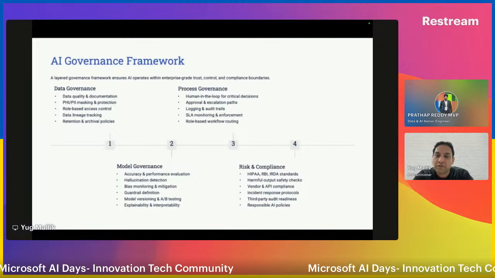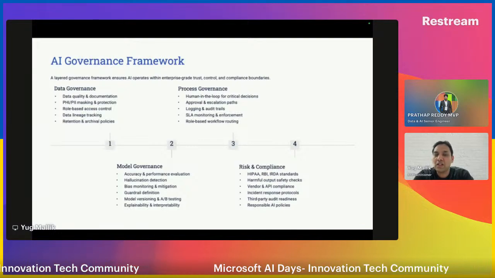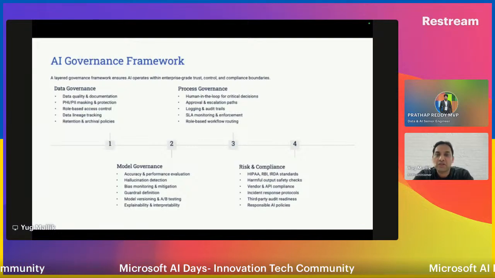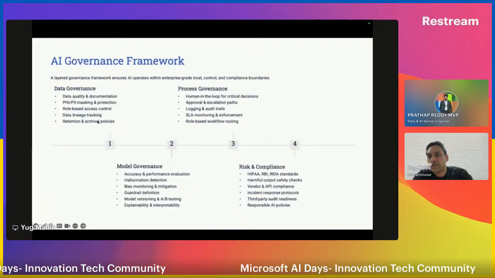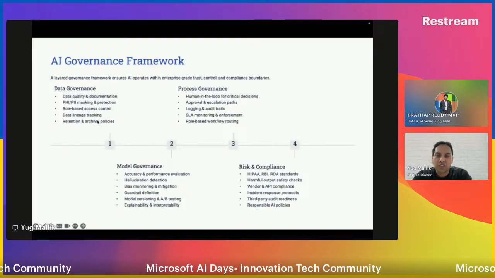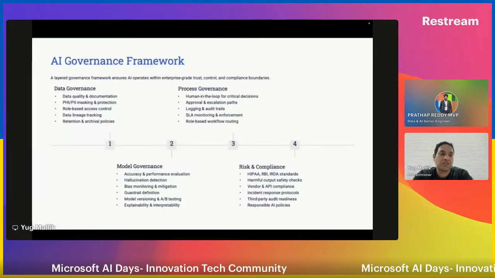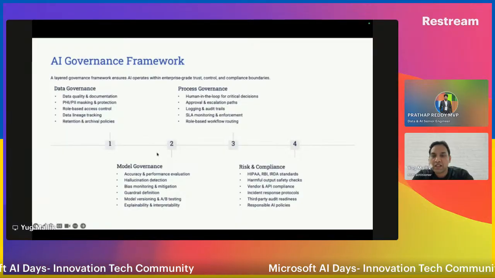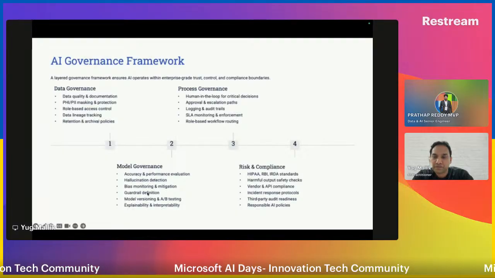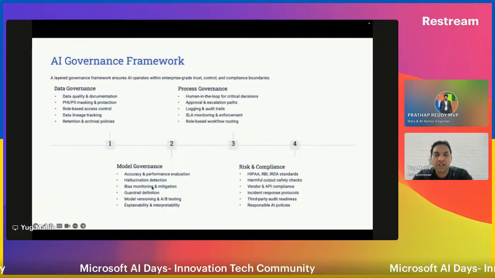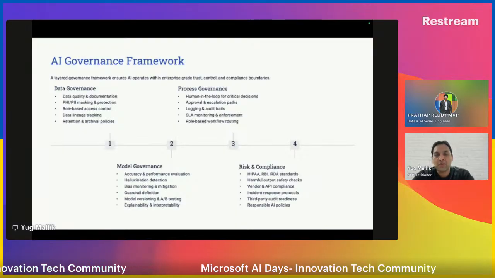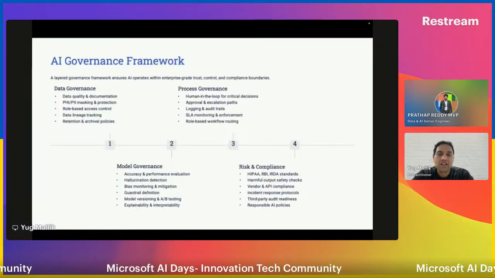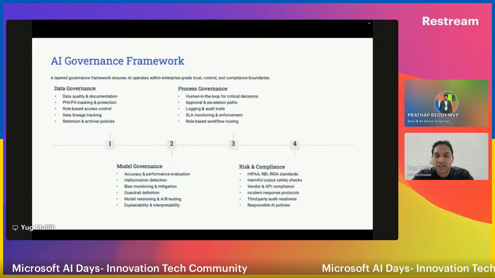And if that is not there, that can lead to compliance related issues, governance related issues, and so on and so forth, right? You have to also ensure the archival process of all the data that we are using in the process of implementation. Second is the model training or the model governance, wherein we have to ensure the accuracy and the performance of the model. So you have to keep evaluating it, keep improving it, keep fine tuning it, right?